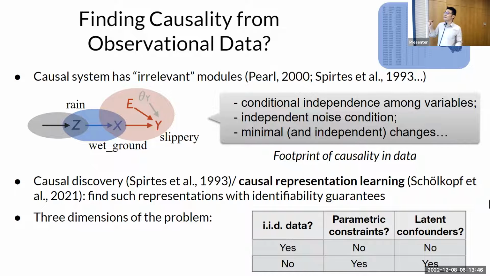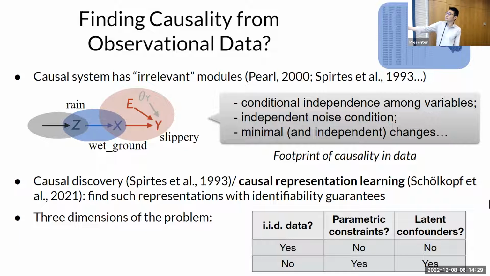And then, from this modularity property, you can derive some statistical properties that can be verified in the data. First, although Z and Y are dependent, they will be conditionally independent given X. Why? Because if you know X, then X determines all the information about Y relative to anything outside this process. No matter what value Z takes, as long as I know the value of X, I have the same information about Y. Z does not contain additional information about Y if I know X. This is conditional independence. So from modularity, you can see conditional independence relations among the variables. This is the first condition.